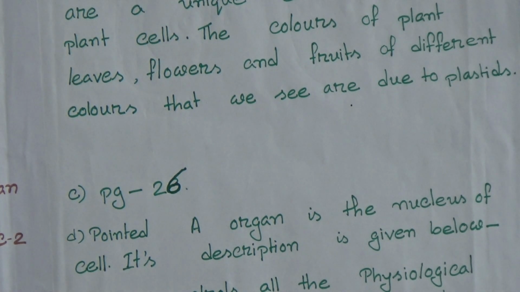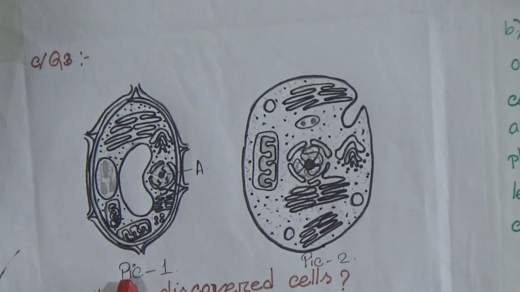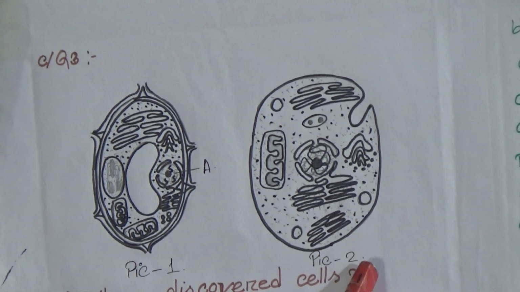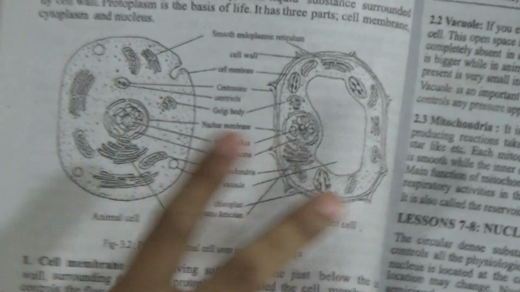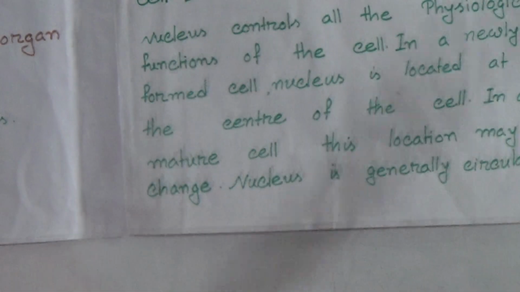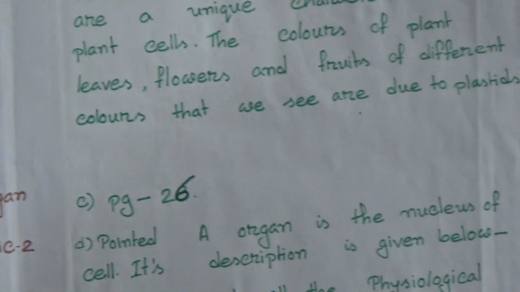So number C. See the question. Differentiate between picture number 1 and picture number 2 cell. Here are picture number 1 and picture number 2. In picture number 1 this is a plant cell, and in picture number 2 this is an animal cell. And in your book you also find this picture on page number 26. Here is a plant cell and this is an animal cell. You can differentiate these two cells, and you also find this answer in creative question number 1,